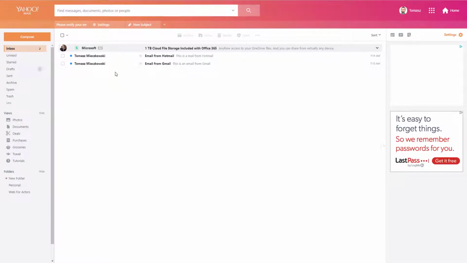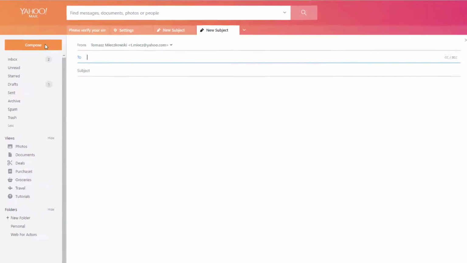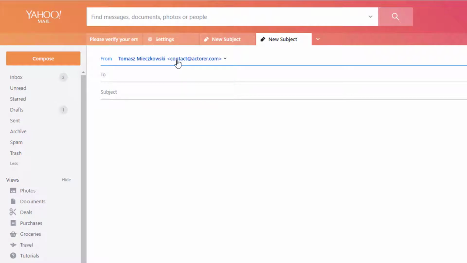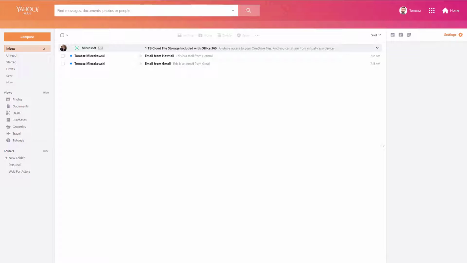Send-only email addresses are any custom email addresses you want to connect to your Yahoo email. Rather than switching inboxes back and forth, Yahoo allows you to easily select which email address you want your messages to be sent from. To add a new send-only email address, click on the Settings link with the gear icon,